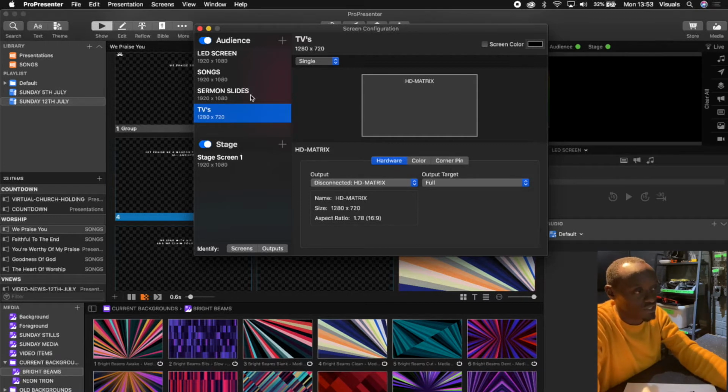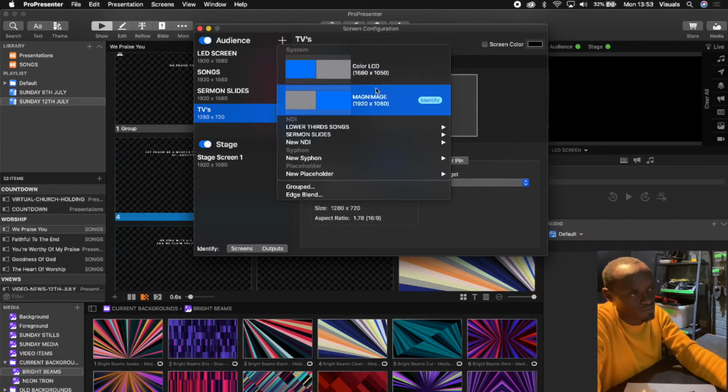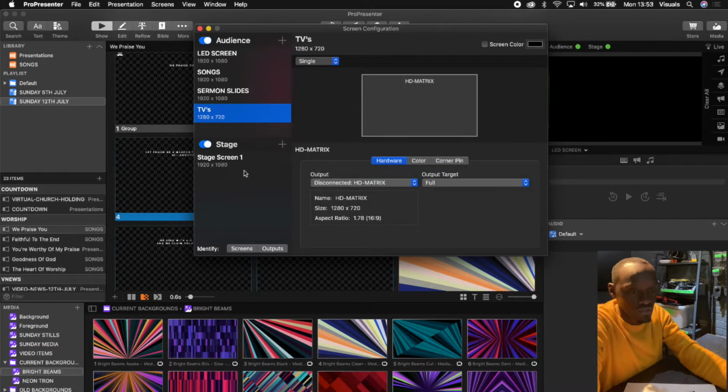If you wanted to set up a different screen, you would go to plus, and you can create a hardware screen. So at the moment you see this color LCD screen is the screen for the laptop. This is for the LED screen, and if we plugged in any other screen, it would show up here. So if I plugged in, I'll just show you here. If I plugged in